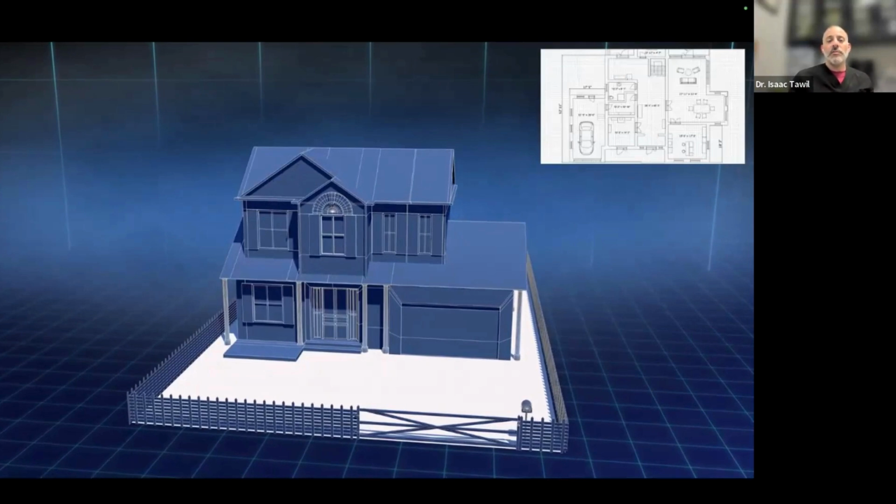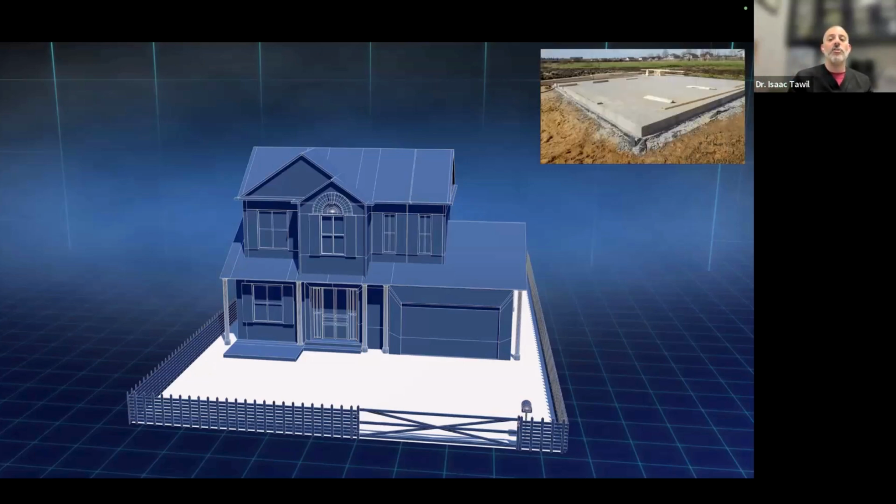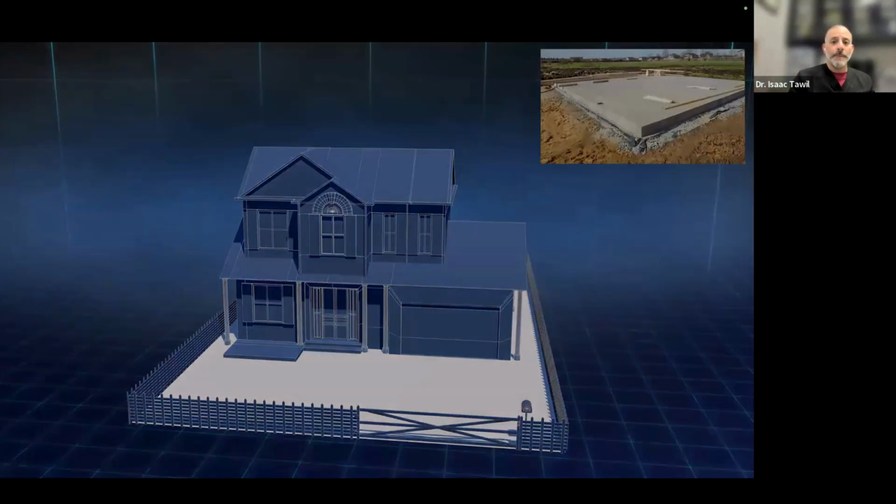Having all the records, so one thing that we need is typical x-rays. CBCT will help us to diagnose the case. But without the rest of the face accompanying that, we are unable to really see the true picture of what it would look like. Just like here, we have the blueprint on the right, we can see the house, we see where the car goes, see where everything is. But it's nice to see a three-dimensional rendering of what the house should look like. And now we can go ahead and treat the case. We can start digging, build our foundation, and move forward.